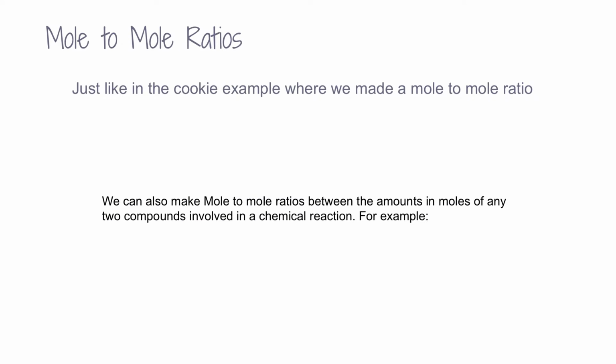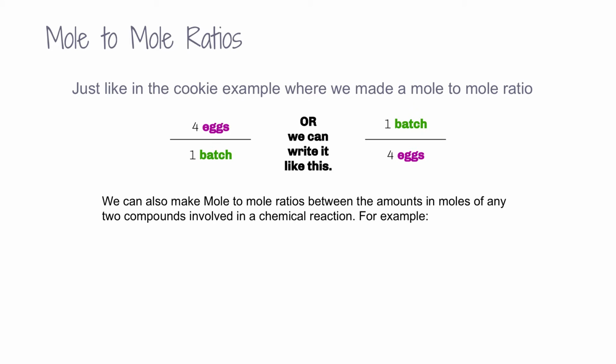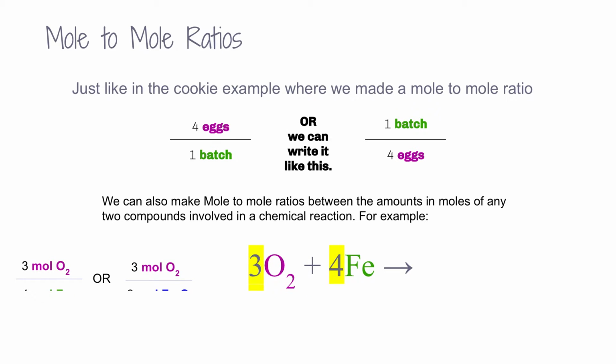So just like in the cookie example where we made a mole-to-mole ratio, because we said that 4 moles of eggs equals 1 mole of batches of cookies, or we could write it as 1 batch of cookies is equal to 4 eggs over 4 eggs, depending on what we need to use it for. We can also make a mole-to-mole ratio between the amounts of moles in any 2 compounds involved in a chemical reaction. So for example, 3O2 plus 4Fe yields